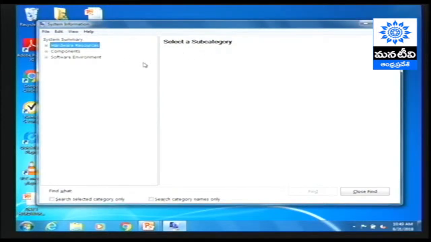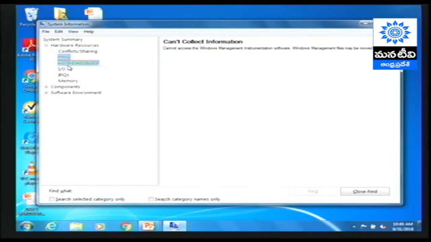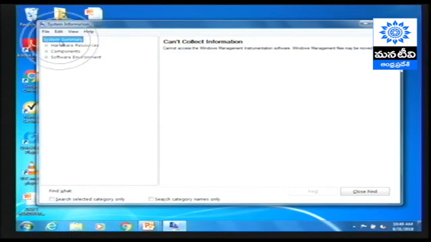It is also not showing. Select a subcategory. It's not showing. You need to log in as an administrator. Select system summary. Here on the screen it is going to show full-fledged information about the computer configuration. The specialty of executing the system info command and the specialty of